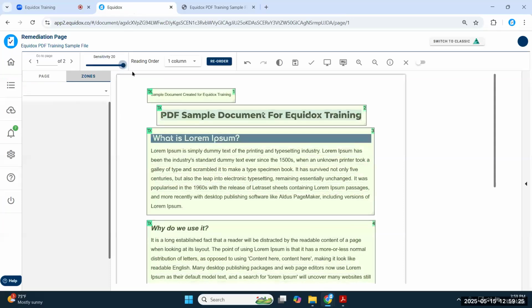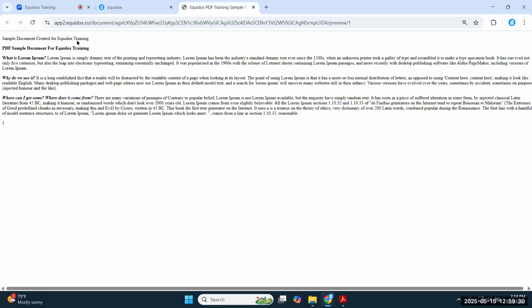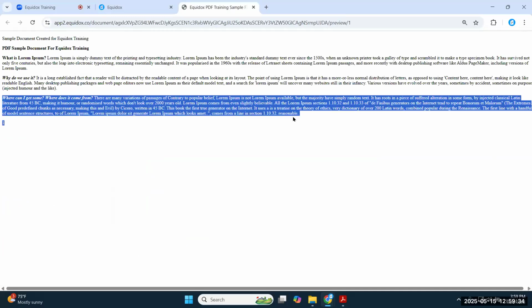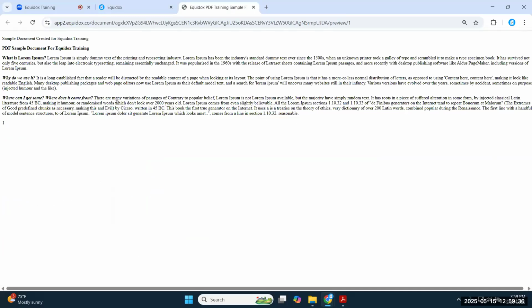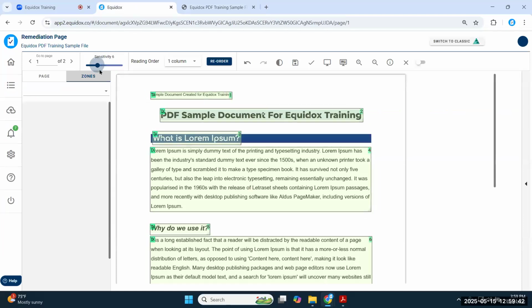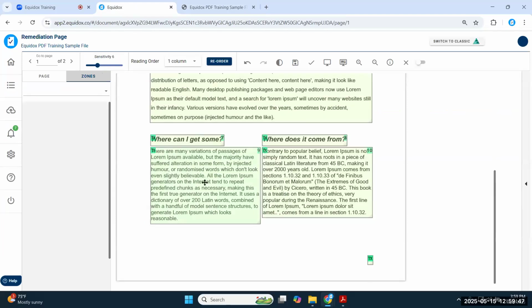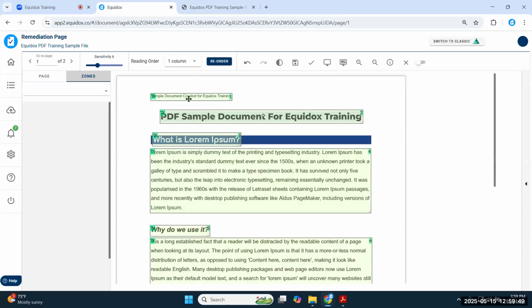Alternatively, if you go way over to the right and you go back to your preview, you will find that you get these giant paragraphs, even having that 2-column section consolidated together, reading clear across the 2 columns. So obviously, neither of those options are really acceptable. We want to go back to where we had things before, in the middle of the slider, where everything is inside of its own zone and separated out from the corresponding headings.